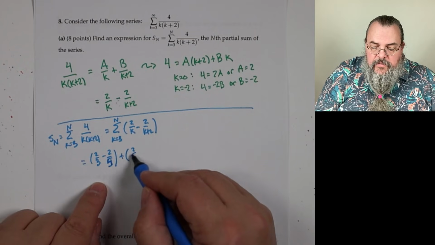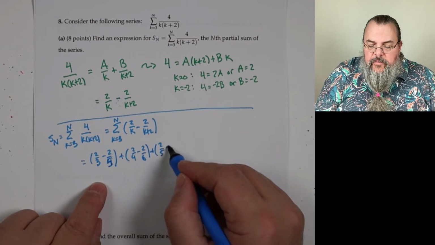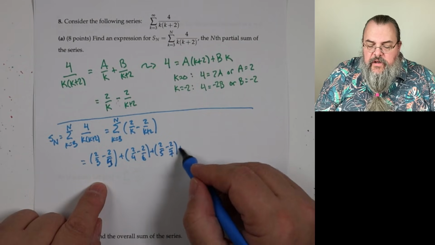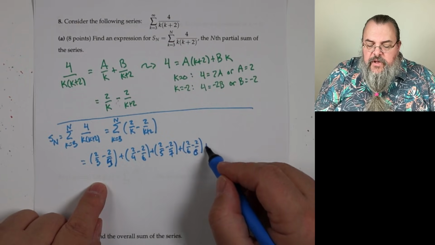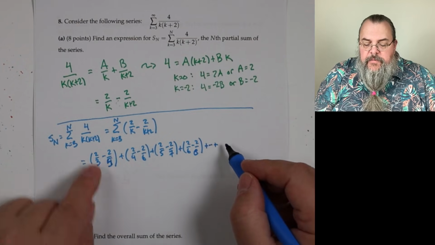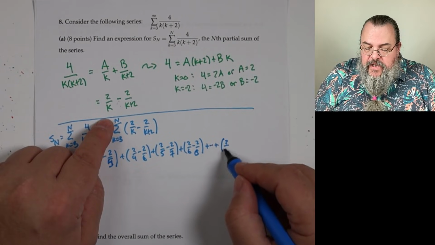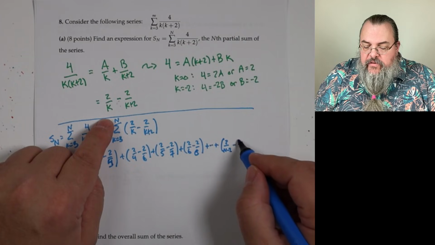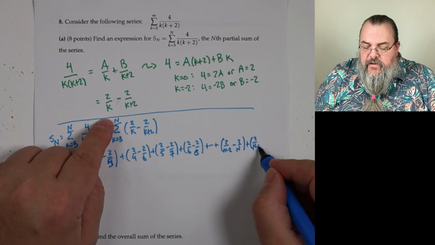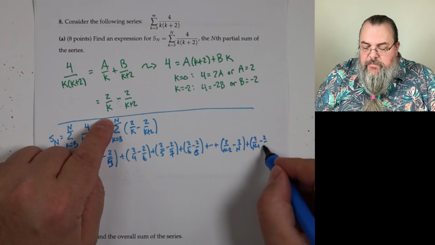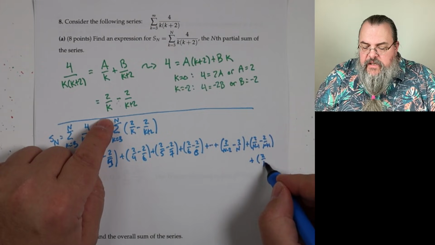Plus 2 over 4 minus 2 over 6. Plus 2 over 5 minus 2 over 7. Plus, I'll do one more to help us see what's going on. 2 over 6 minus 2 over 8. Plus, dot, dot, dot. Now, I'm going to start at n minus 2. At n minus 2, we'll have 2 over n minus 2 minus 2 over n. Then I'm going to do n minus 1, 2 over n minus 1, minus 2 over n plus 1. Oh, and then I didn't give myself quite enough room, and then at n, it's 2 over n minus 2